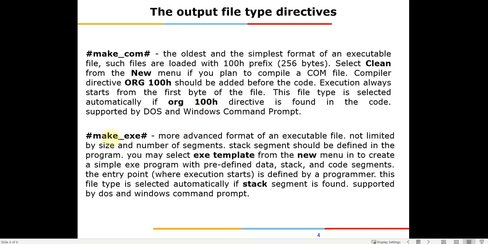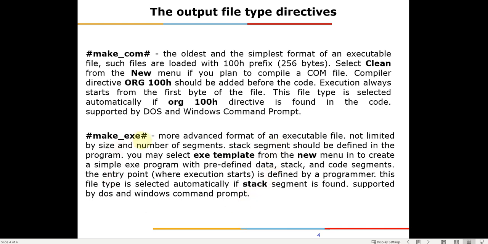Once you write a program, you can even do it in .exe format and save it. When you write in .exe format, the stack segment should be defined. When you're writing a big program and there are some memory constraints, in that case you have more flexibility when you are using .exe format. In this you can declare the stack segment, where it should start, and what should be the total memory which should be earmarked for the stack segment.